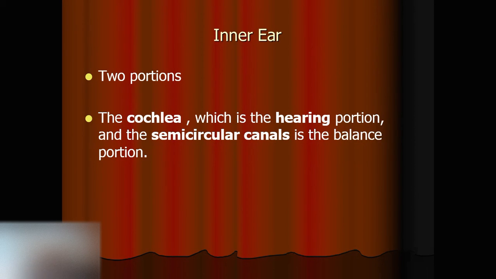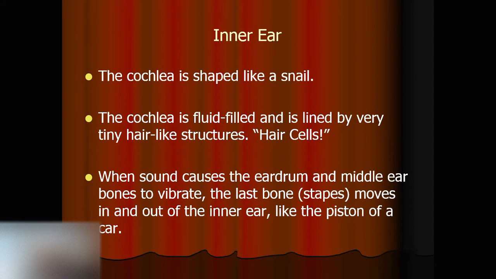So we just mentioned the inner ear has two portions: the cochlea, which is the hearing portion, and the other portion is the balance portion, the so-called semicircular canals. Three of them, filled with fluid. The cochlea is pretty much shaped like a snail, and it is also filled with fluid. Okay, now we can tell